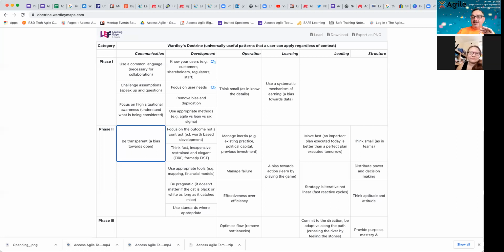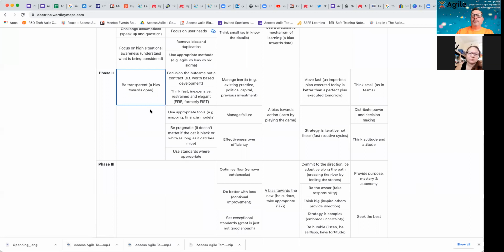The other thing is operationally think small, and use some kind of systematic mechanism for learning. And I think last time around we used Google Sheets and the Slack group. My concern at the moment is that everything's on WhatsApp, which is kind of like short-term memory, not long-term memory. If you've ever tried to find something that someone said in Slack after weeks. So anyway, establish all of that stuff. So when we come out of October, let's focus on establishing all of that stuff again, getting it in from the ground level. Okay. Second thing is be transparent with a bias to openness.